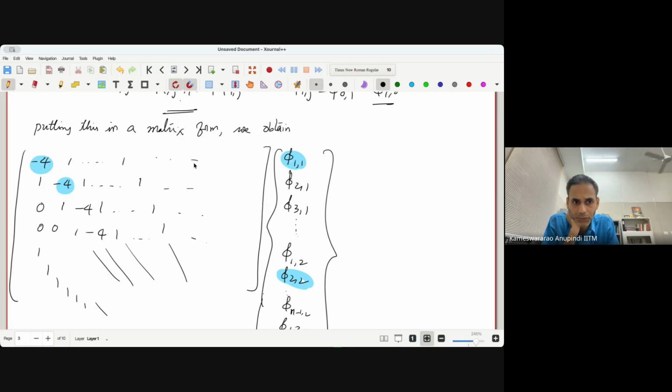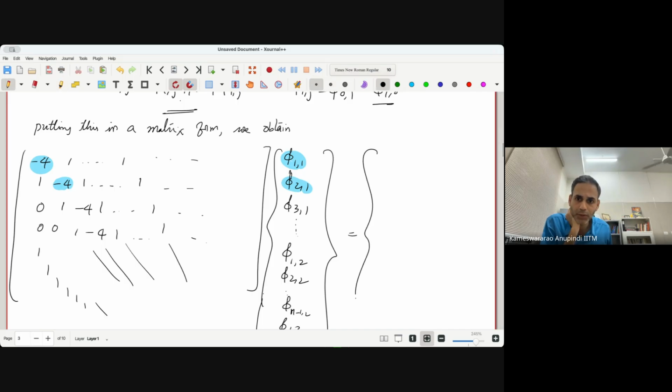Okay, so phi 2,1 is also going to get a coefficient, that is this one, right? So not this one. This coefficient also will get a phi 2,1 when you write it, and it is also going to get -4. So every point here is going to get a -4 there. Okay, so that is how it's going to be.